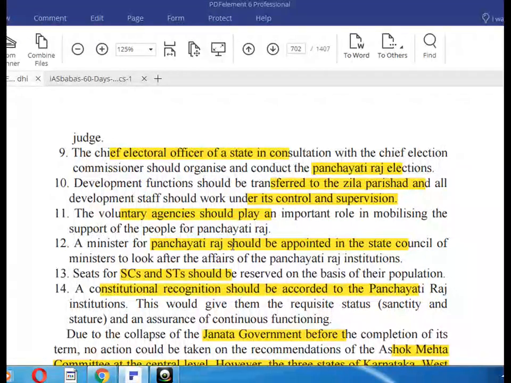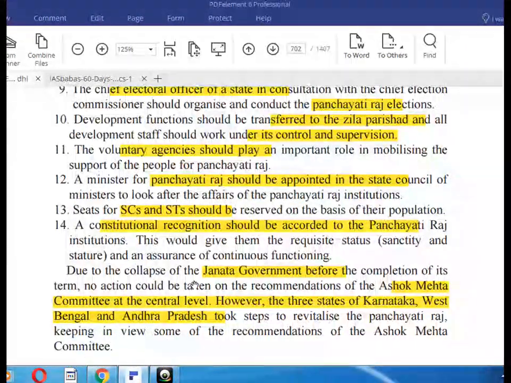The Minister for Panchayati Raj should be appointed by the State Council of Ministers to look after the affairs of the Panchayati Raj institutions. Seats for SC/ST should be reserved on the basis of their population. Constitutional recognition should be accorded by Parliament to the Panchayati Raj institutions. This should give them the requisite status, sanctity and stature and an assurance of continuous functioning